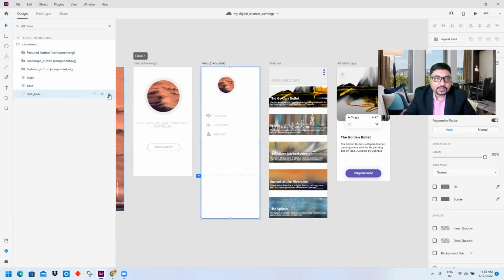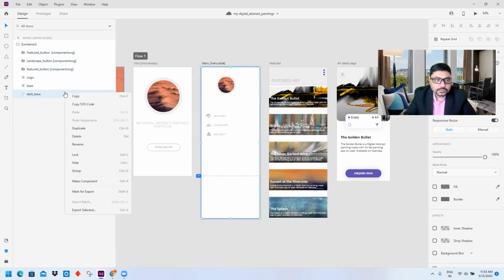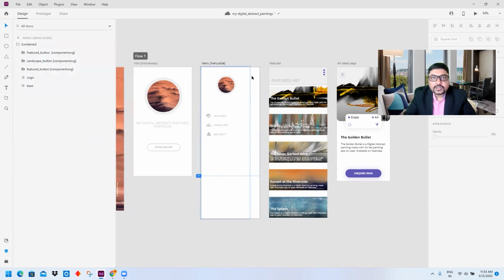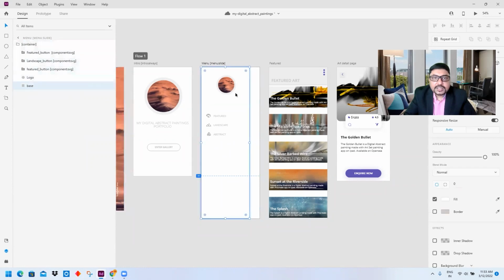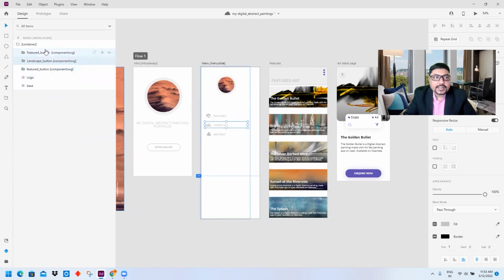Let me remove it now. I don't require that. This is a base rectangle, this is the logo element, and then I have three groups: the icon and the text as one group.